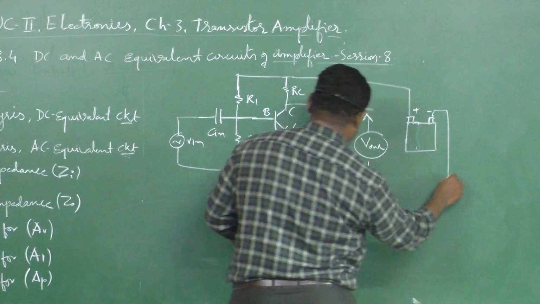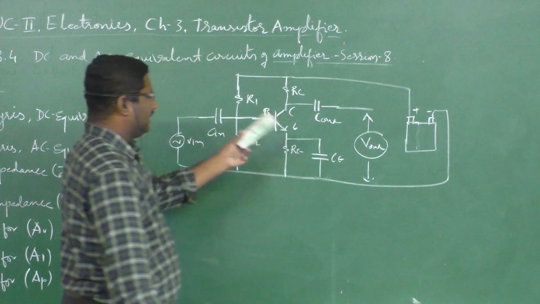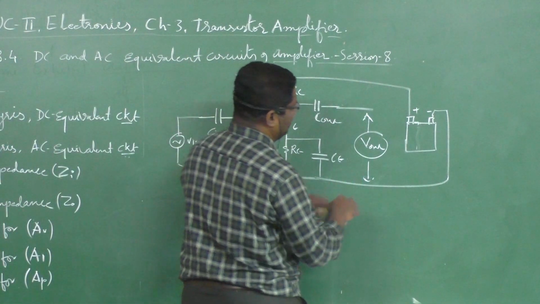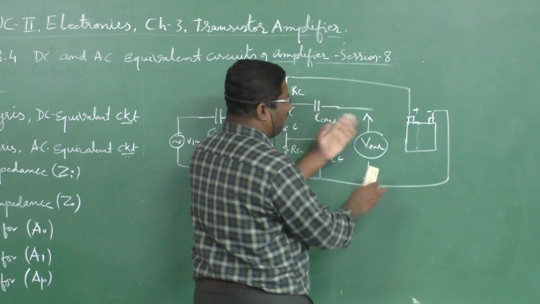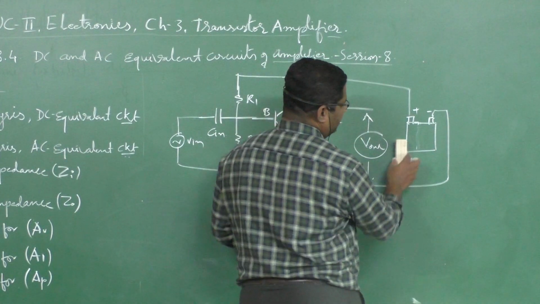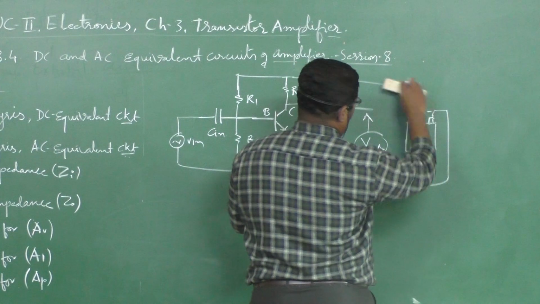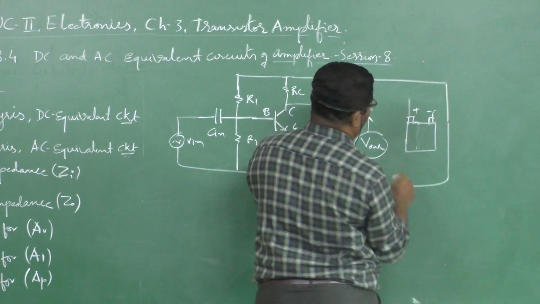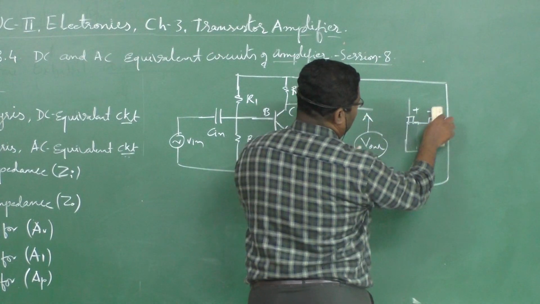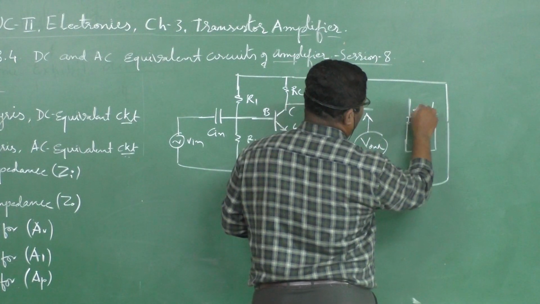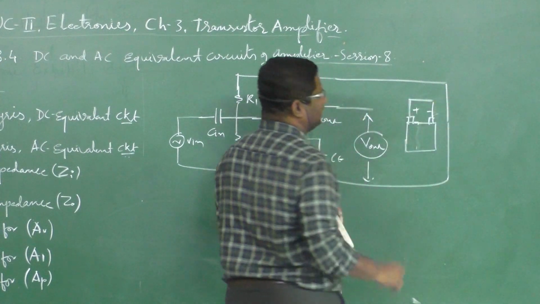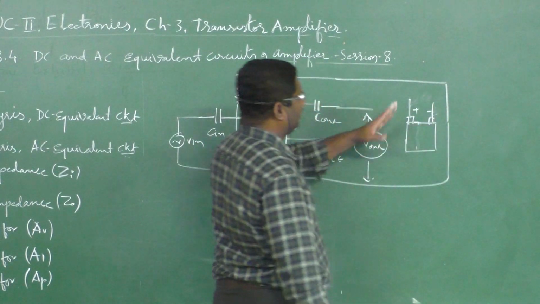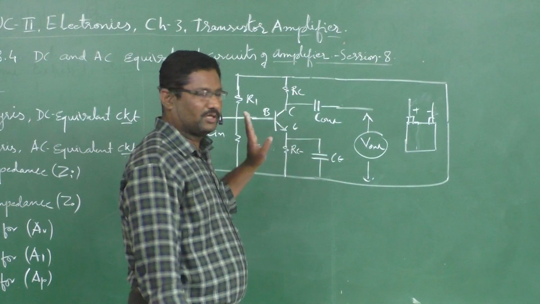So here I would like to connect to this. Does it have the same meaning as earlier? Yes, it gives the same meaning. And now, what is the condition? The first condition is to replace this battery with a short circuit. What do we mean by short? When the plus and minus terminals are connected with each other, that will be a short. So don't try this. Here, plus and minus will be short circuited. That is the first condition.